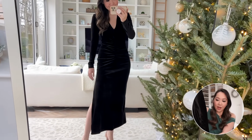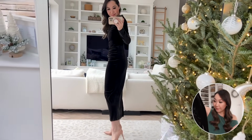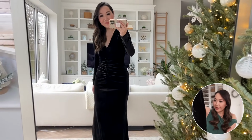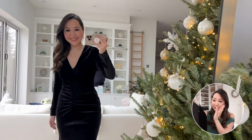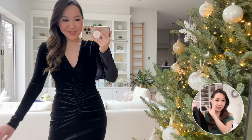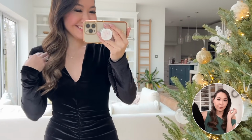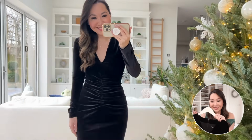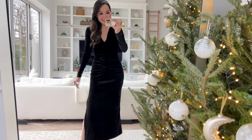So it is a full-on long sleeve midi dress, so you do actually get a lot of fabric. You have that great ruching right there around the midsection, and then other than that, it's just a very simple v-neck, so there's not too much in it. It's a little bit more structured around the shoulders, but not too much. But it fits so perfectly. Really, really great for layering up some beautiful jewelry and accessories. And even though not something I would typically go for, I just think this is absolutely stunning and basically just Christmas in a dress. Next up are a couple of SLGs that I got,